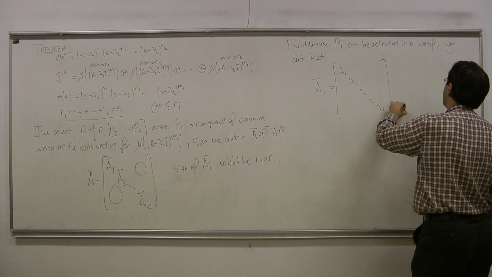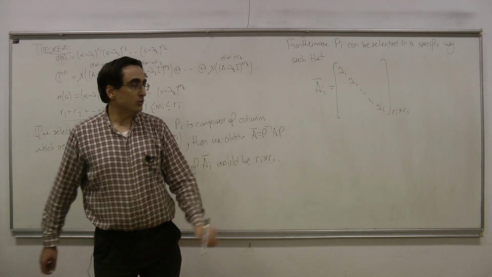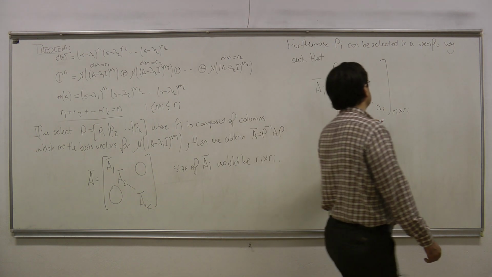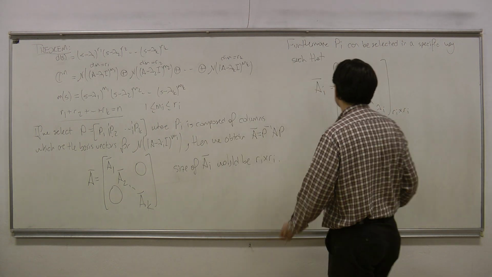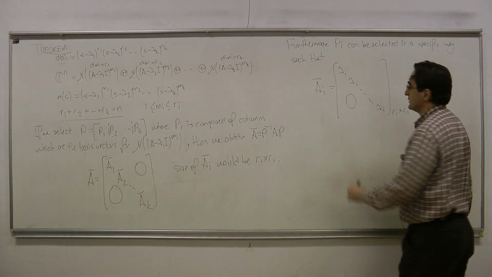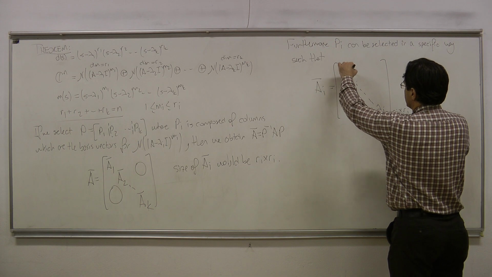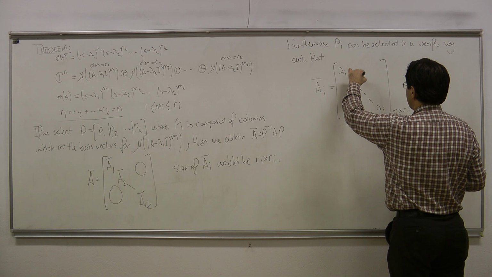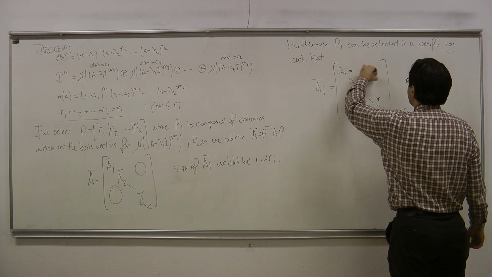This is an Ri by Ri matrix, and on the main diagonal, I have the corresponding eigenvalue for the ith subspace. Below the main diagonal, I would have zeros, and above the main diagonal, I would have some elements shown by stars here, or asterisks,